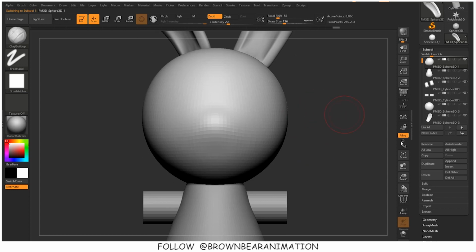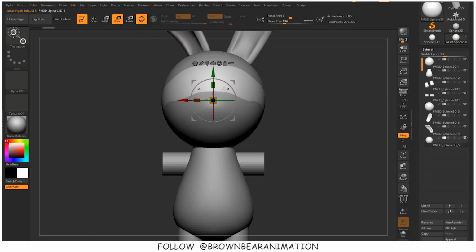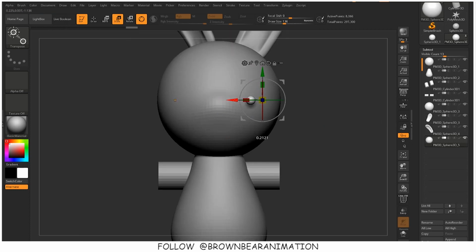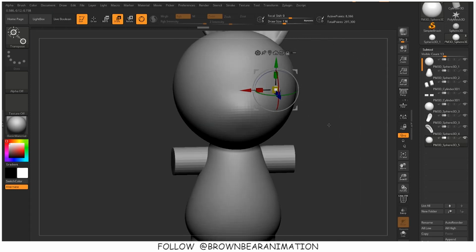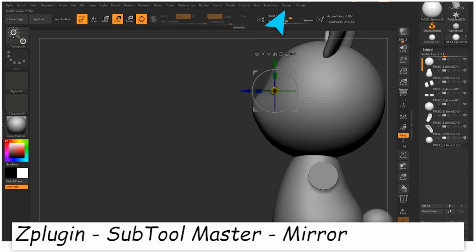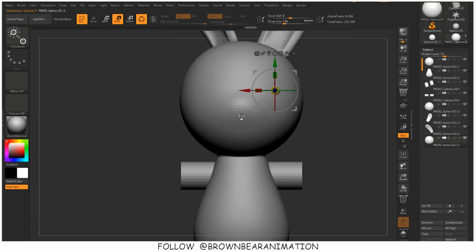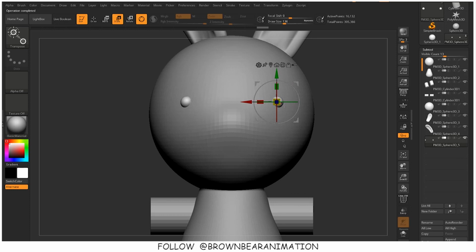I am again appending this sphere for the eye. Blocking out the shapes, basic forms, and the basic position of ears, hands and eyes will make you more comfortable to go on to the next stage. To keep refining, you can go to a particular thing like the face, refine it, then go to the body, then refine it. Like in this case, I sculpted the ear up to 70% I think. Then after that I moved towards the face.